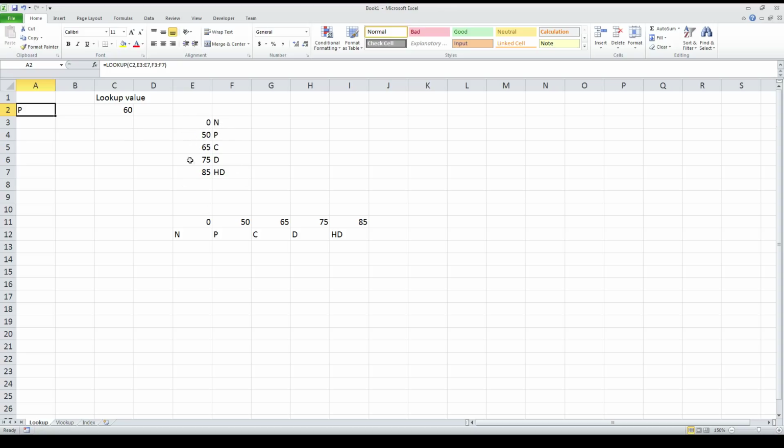So these numbers might look familiar. These are certain grades. So if you got a 74, you'd only get a credit. You need a 75 to get a distinction. So that's a very basic intro on how we use lookup